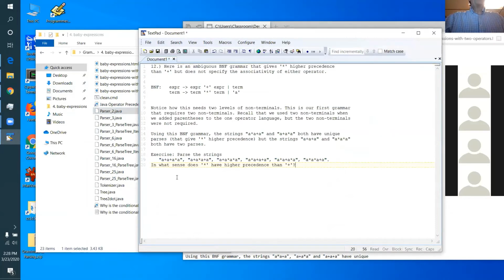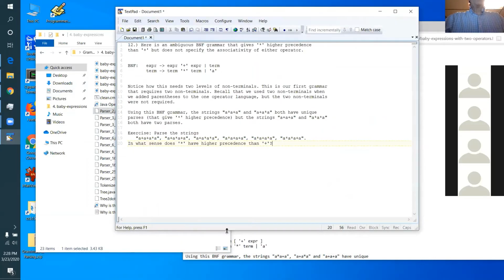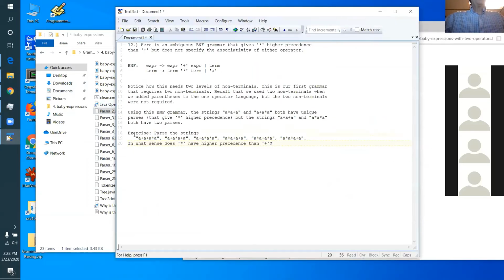Okay. So here's our, let's take this. Let's try to parse it. So we go up here and we start looking at what an expression is: an expression plus an expression